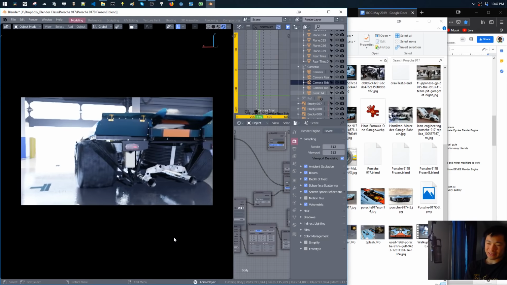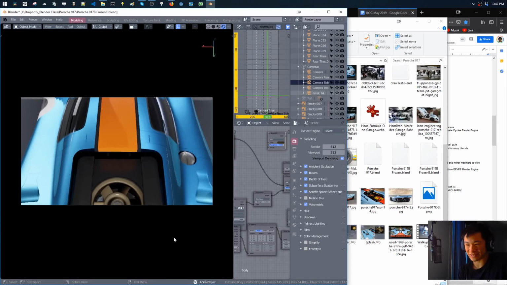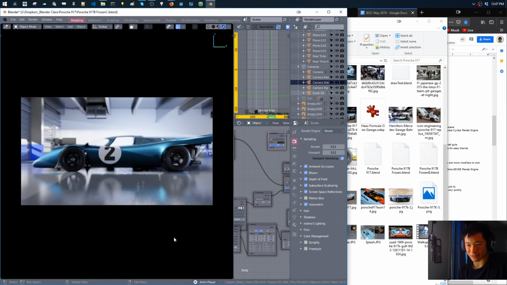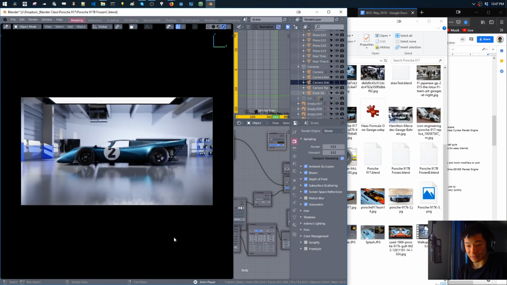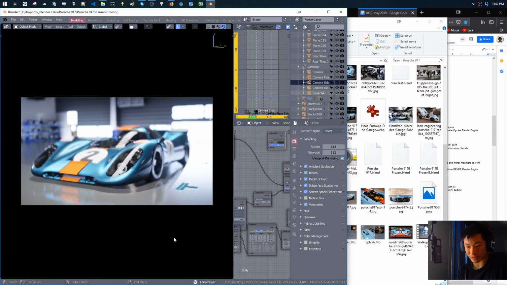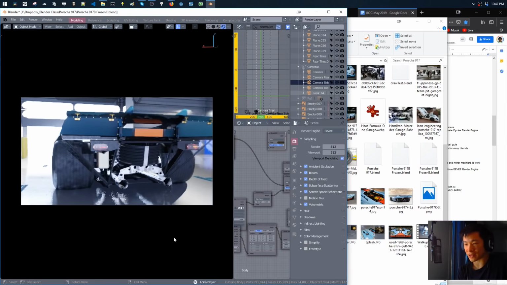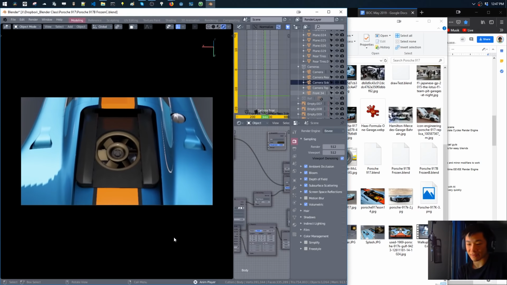Before we go, I will show the Porsche one more time because I'm just happy with it. Oh, I'm going to check that version history thing and see if it works now. Oh my god, what the hell? Anyway,